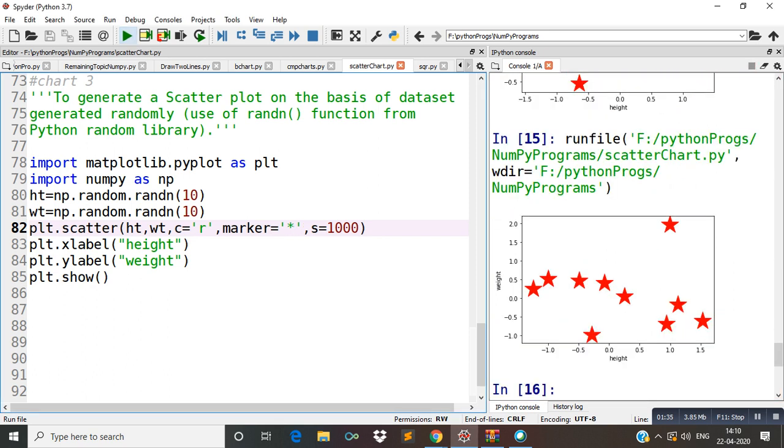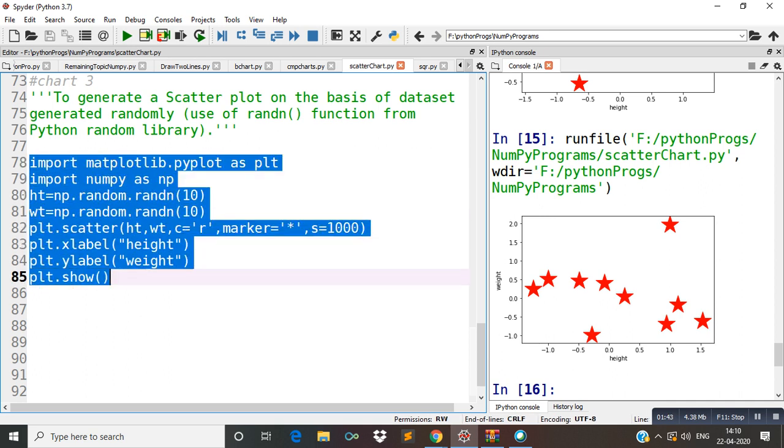Have you got it, beta? Output is different. The previous output and the new output are both different, but the program is same.